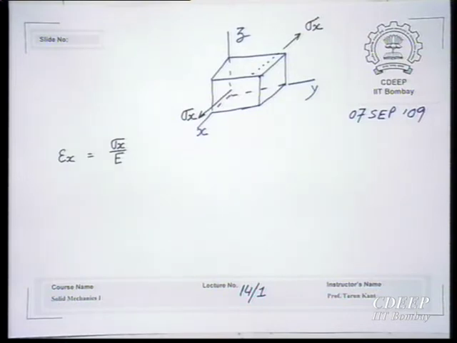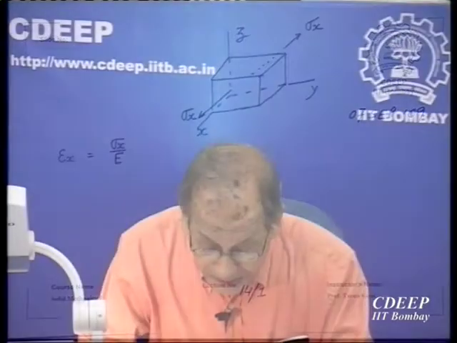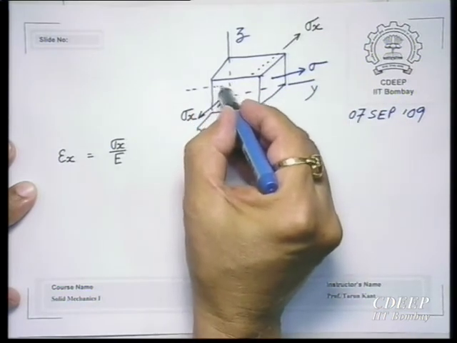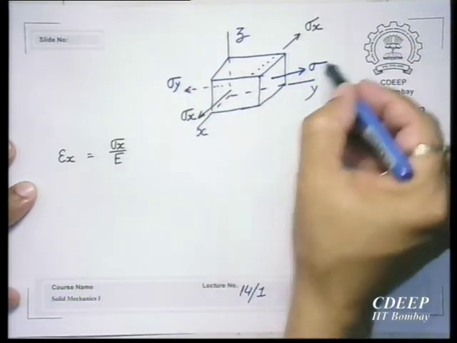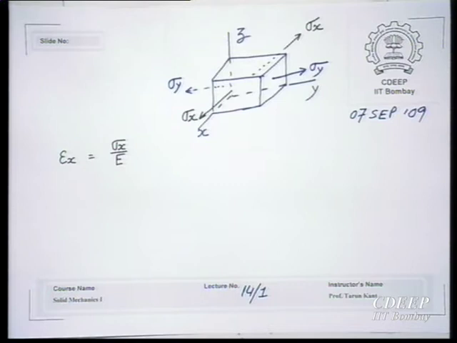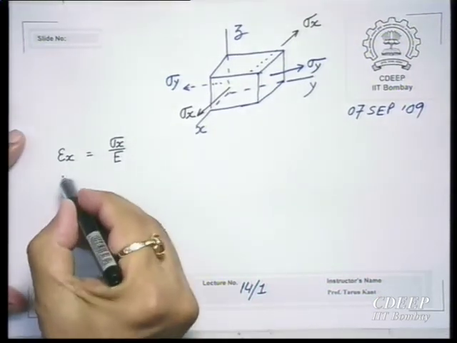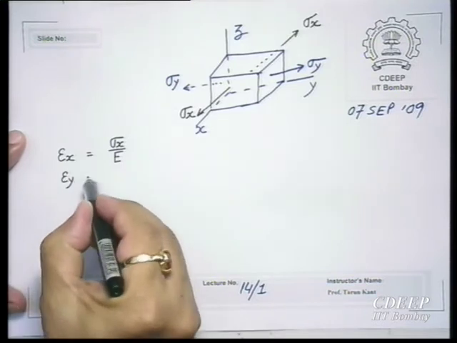So, uniaxial state of stress, now we are trying to generalize that to multi-axial state of stress. Generalize means if there is a general loading at a point P, then what happens? Now, if you superimpose on this also sigma y, so sigma y, then this will also produce a positive strain